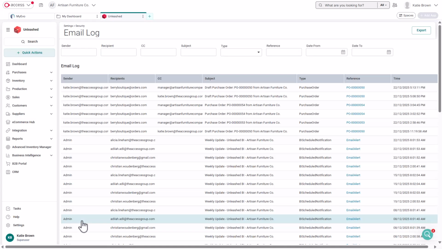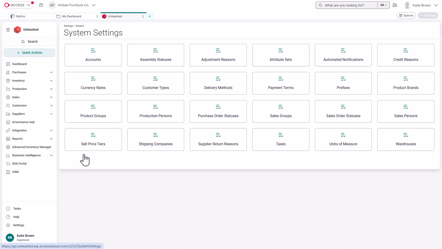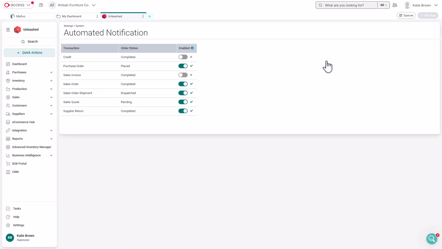To automate emails, navigate to Settings, System, and Automated Notifications. Here you can toggle triggers based on transaction status. For example, purchase order placed emails go to supplier contacts labeled Purchasing, or the supplier's primary contact if none are tagged. Sales order completed, shipment dispatched, invoice completed, quote pending, and supplier returns completed also send to contacts with relevant